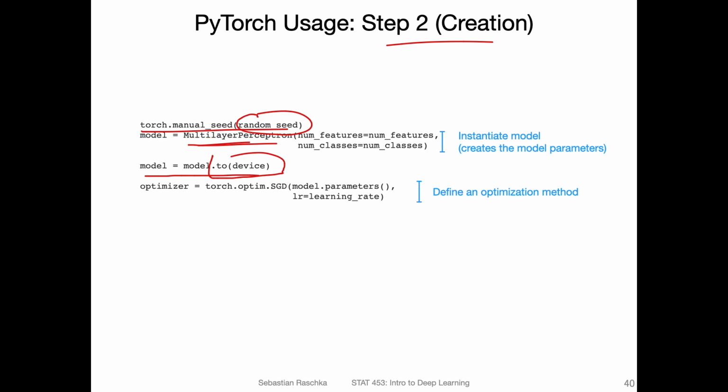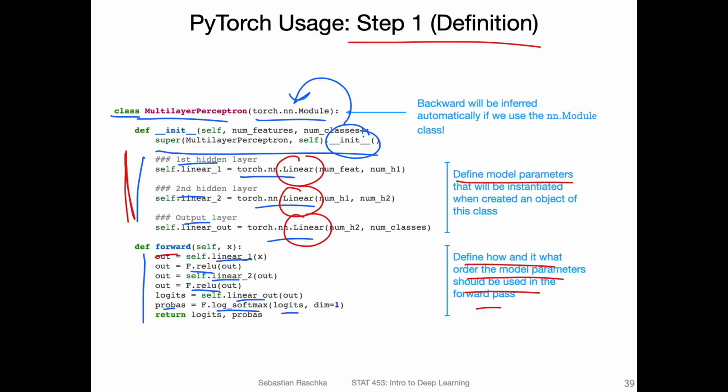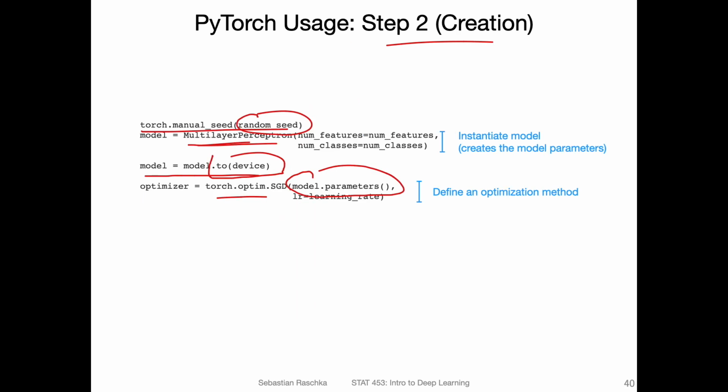And then another thing we set up is the optimizer here. Like I also explained in the previous video, it gets the model parameters. In this case, if I go back one slide, sorry, we have a lot of model parameters here. All these linear ones contain weights and biases. So here we tell the optimizer what are the model parameters, what needs to be updated during gradient descent.